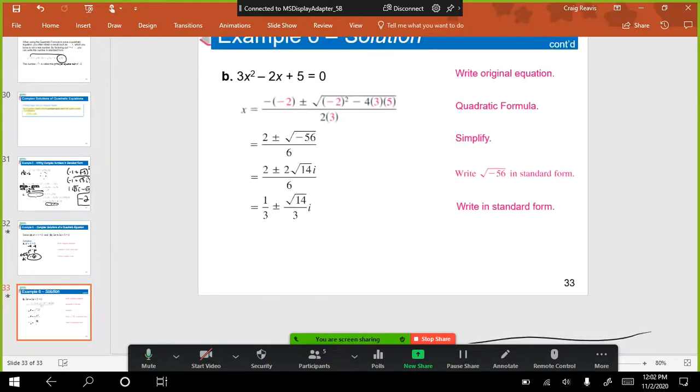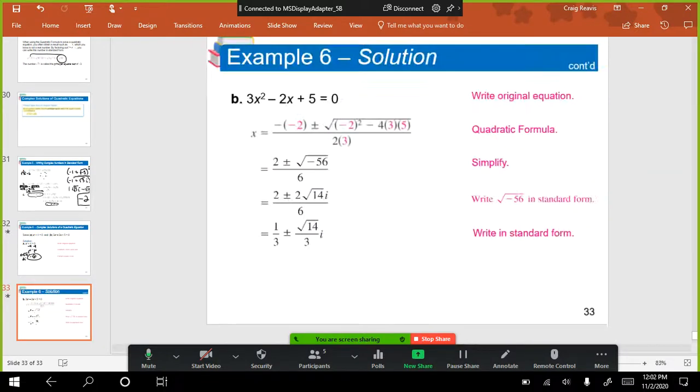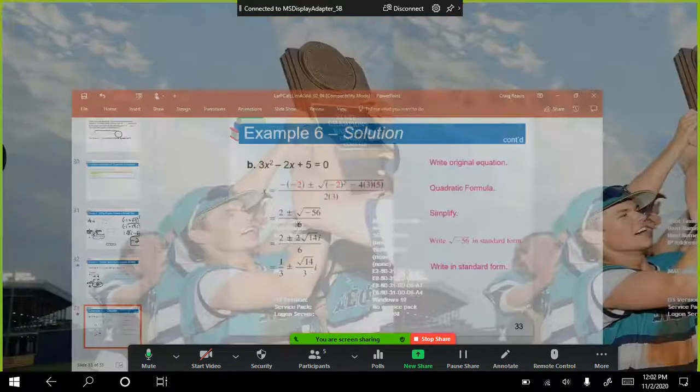So that's a big part of this lesson, just simplifying complex numbers, which is easy if it doesn't have a square root. We can use our calculator, but once there's a square root in there, then our calculator is not quite as helpful. Now let me see if I can figure out how to